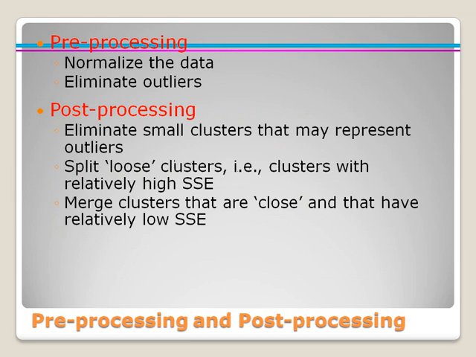There is pre-processing. You always have to normalize your data and take off the outliers, and then post-processing. After you get to clustering, you have to evaluate your results based on the sum of squared error. Now I should mention that outliers are sometimes important to keep, because this is how fraud can